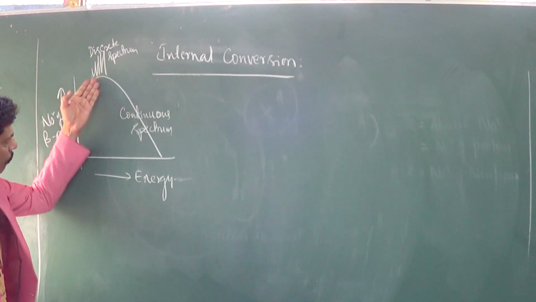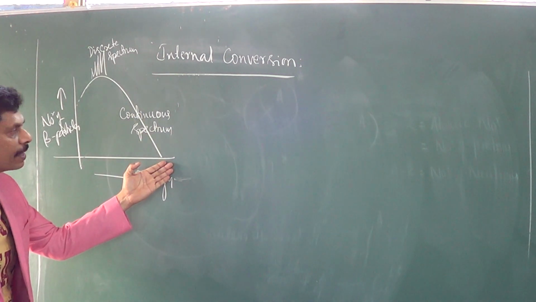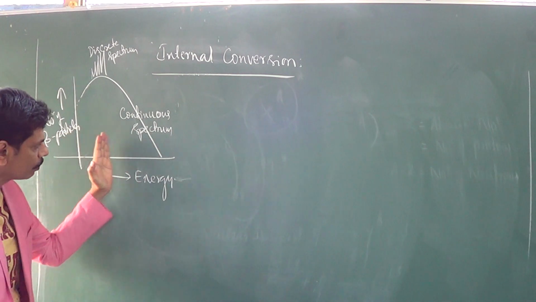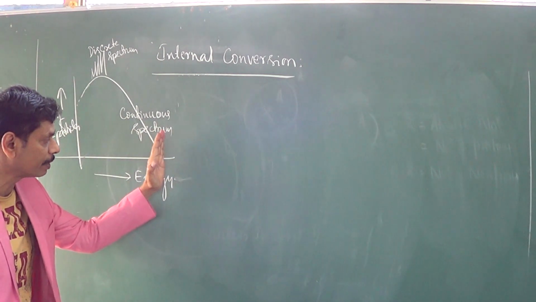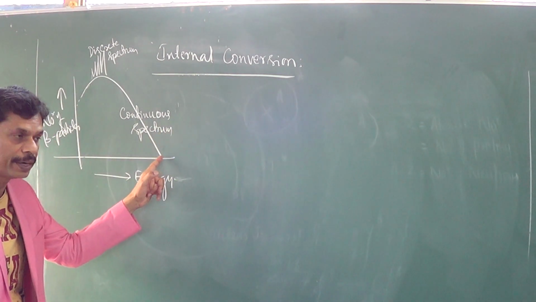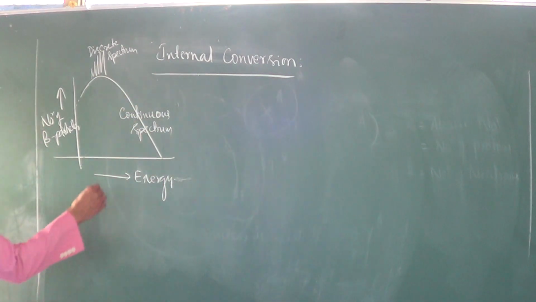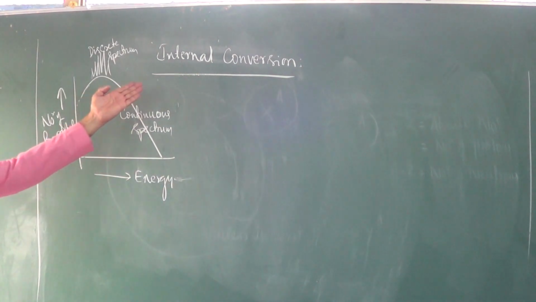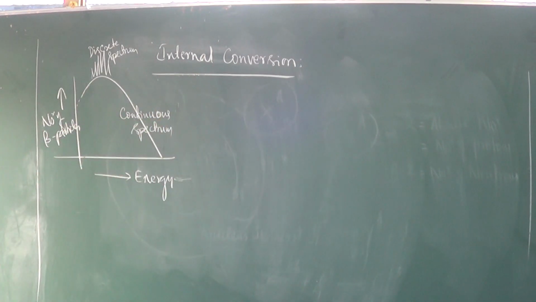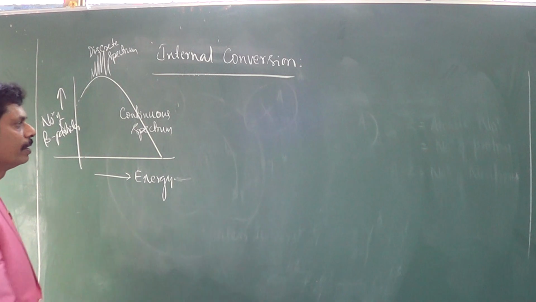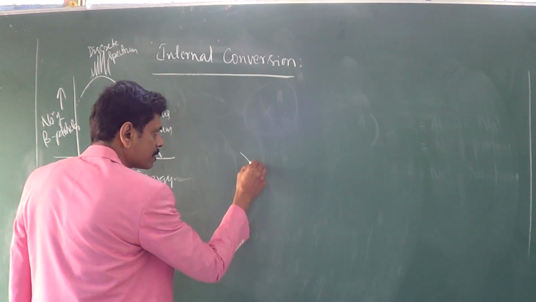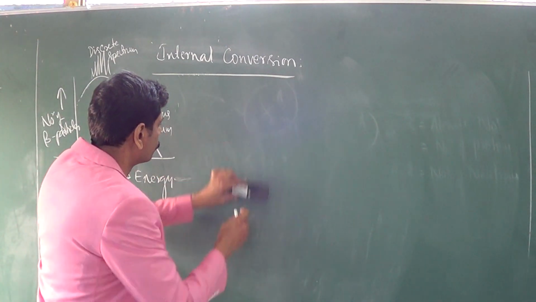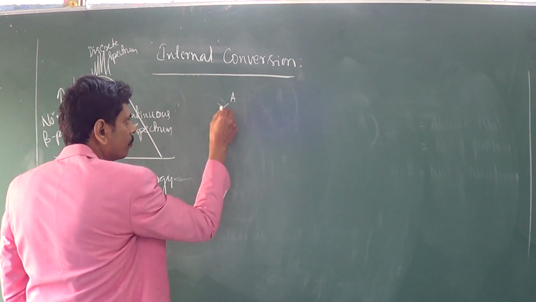We already understood why this continuous spectrum is coming up here. Why the energy of the beta rays is varying from 0 to a maximum energy, a well-defined maximum energy called the endpoint energy. Already we have understood. Now we have to think about why we are getting a discrete spectrum here, because of this internal conversion. What is happening here? Let me consider a nucleus, XAZ nucleus. XAZ nucleus I am going to consider.